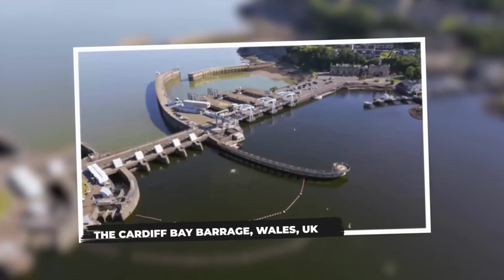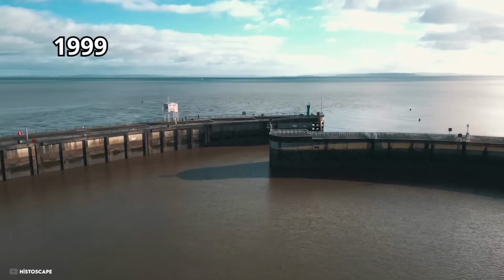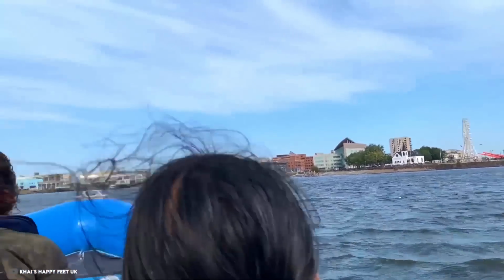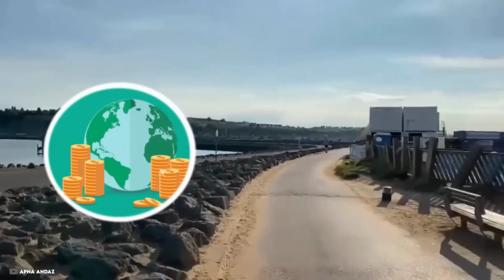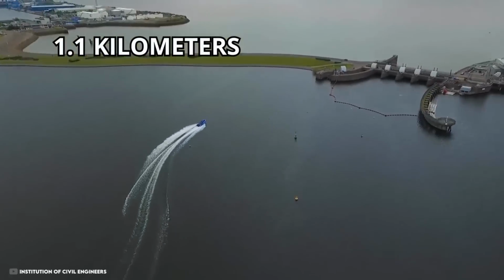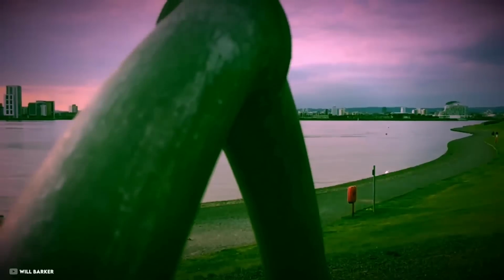The Cardiff Bay Barrage, Wales, UK. Completed in 1999, the Cardiff Bay Barrage transformed a once-neglected tidal estuary into a thriving freshwater lake, marking the beginning of a new chapter of economic, recreational, and ecological growth for the region. Stretching 1.1 kilometers across the mouth of the bay, the barrage links to the neighboring town of Penarth and has